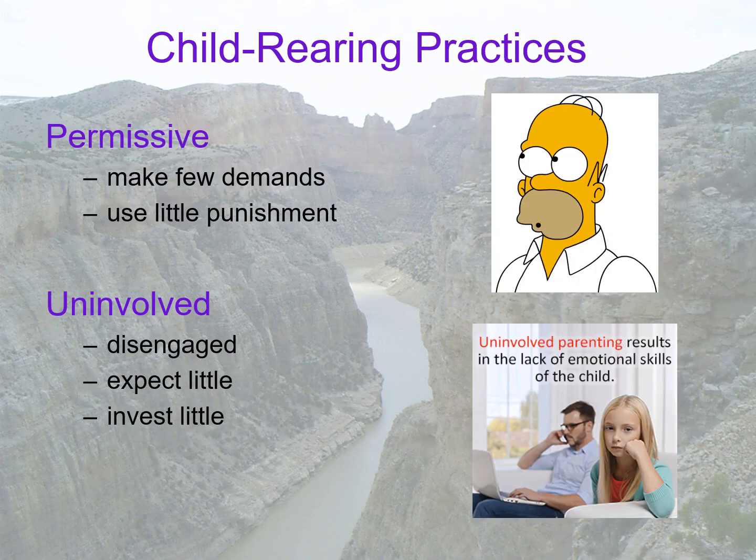We also have the permissive parents. These are parents who, like Homer Simpson, do love their kids, there's no doubt about that, but they don't put in the hard work of correcting them. And so, of course, children raised by permissive parents can look a little wild and uncontrolled. And of course, if the parents aren't teaching their kids what gets them in trouble, for example, language